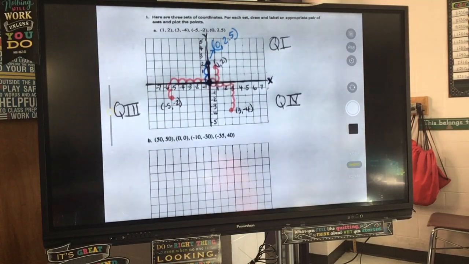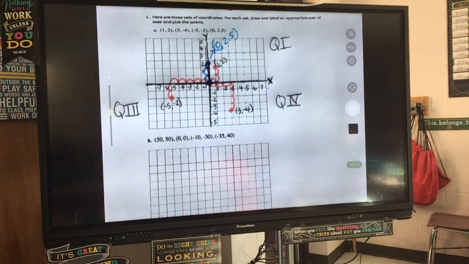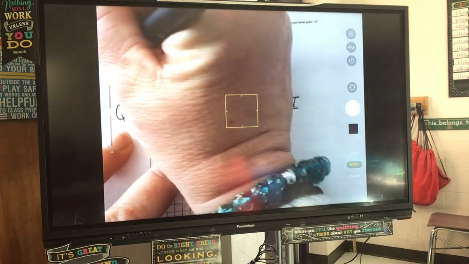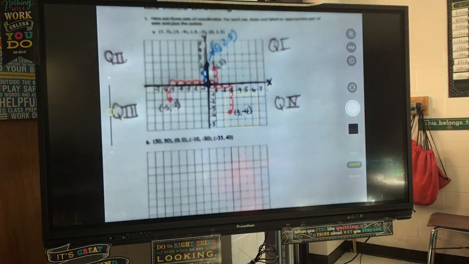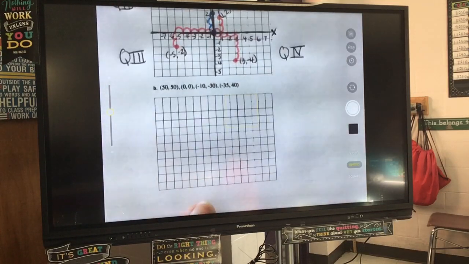Okay, what's the only quadrant that we did not plot in? The only quadrant we didn't plot in, Ben? Quadrant 3. What? Wait, no, quadrant 2. Quadrant 2. And if I were you guys, if you are looking at a graph and it doesn't have the quadrants written on it, I would most definitely always put them on. It's just a little bit helpful. All right, so